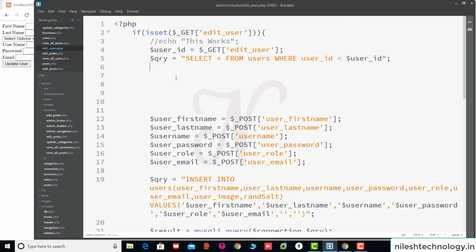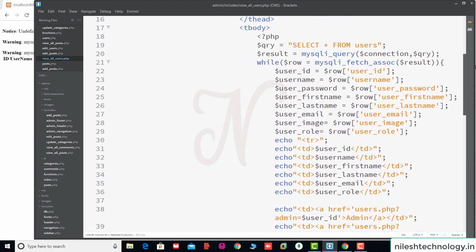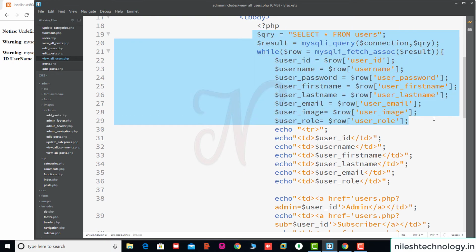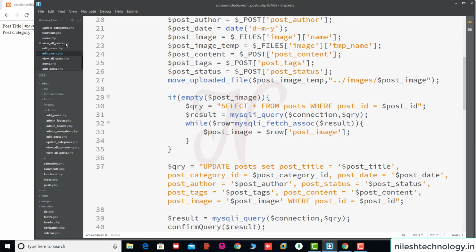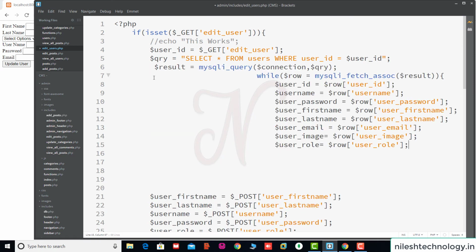Now we copy and paste some code here. So going to this view all users, okay. So see here, I think both of these codes are similar, these are the variables, okay. So we copy this code from this result section to this variable, copy this one and we paste it into this edit users.php file after that query, or you can do it manually, okay.